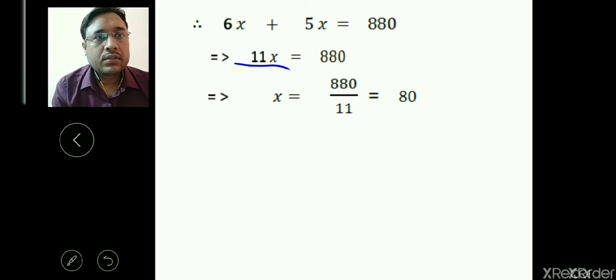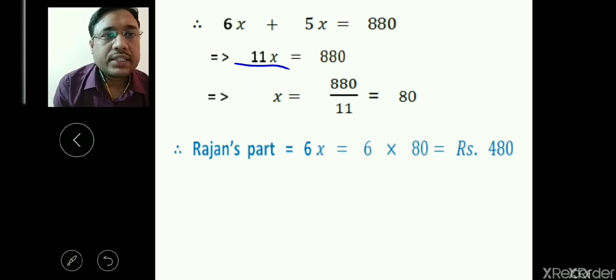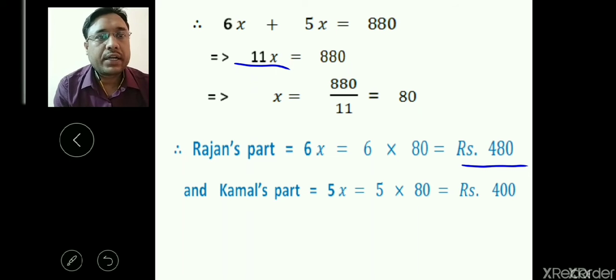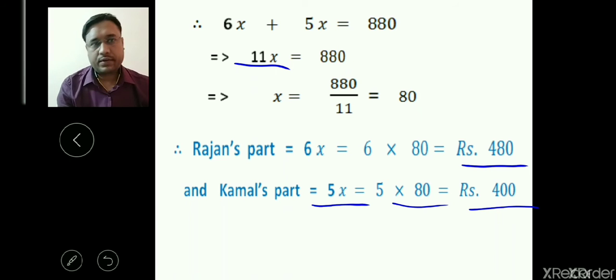Then Rajan's part is 6x, that means 6 into 80 is 480 rupees. And Kamal's part is 5x, means 5 into 80 equals rupees 400. Rupees 400. Understood all? Now next